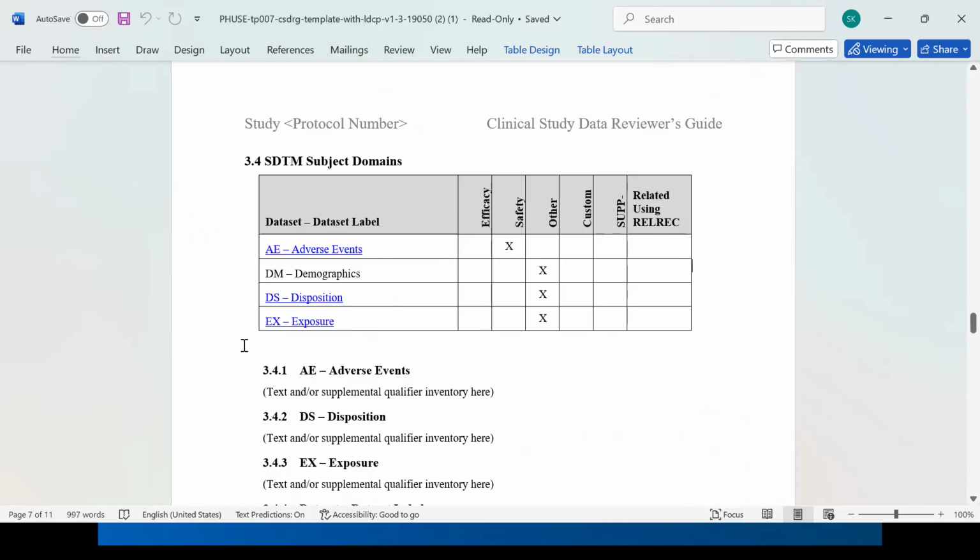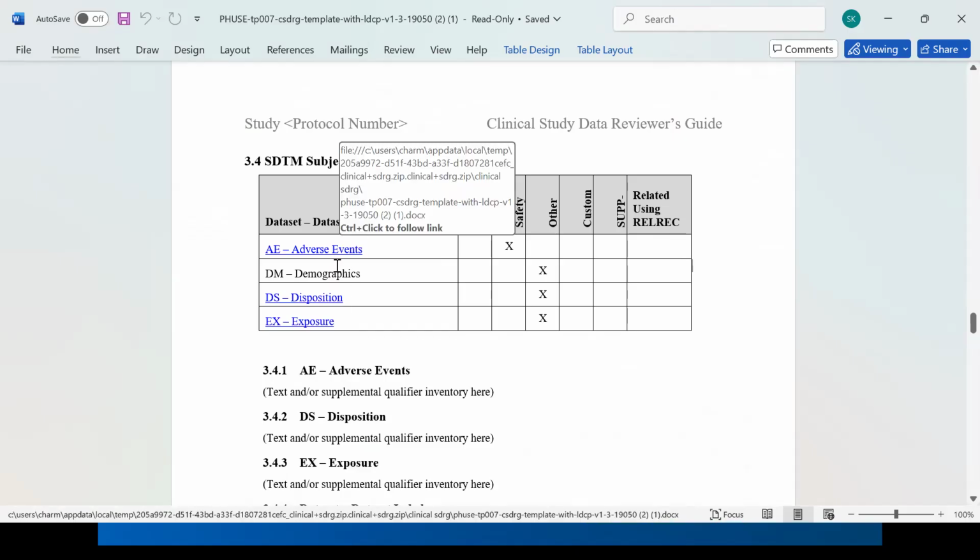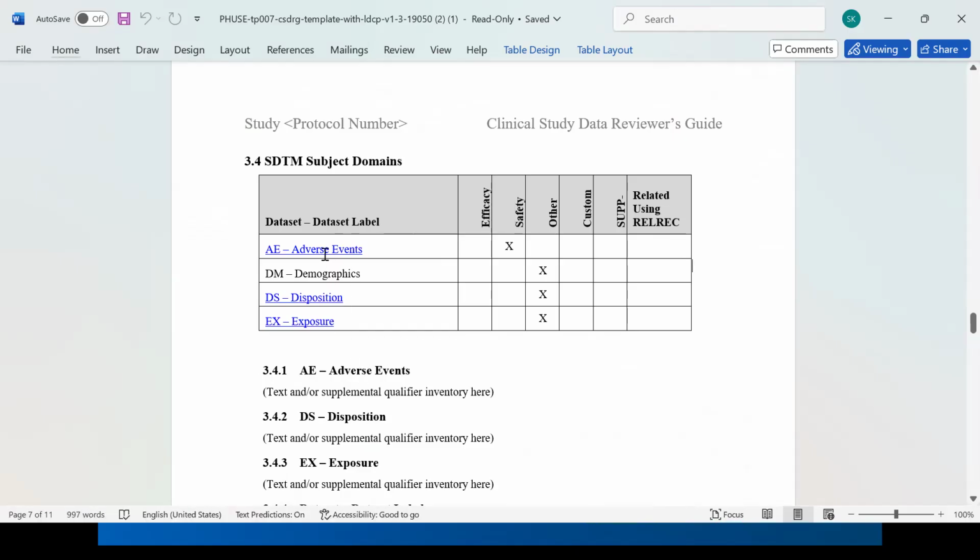So once we have listed down all the datasets present in our study, if we have some further clarification on the data which is captured in that particular domain, we will have the respective subsections as well. And if we do have a subsection, for example, in this template example, they have mentioned that we have a subsection for adverse event. We will create a hyperlink for the adverse event